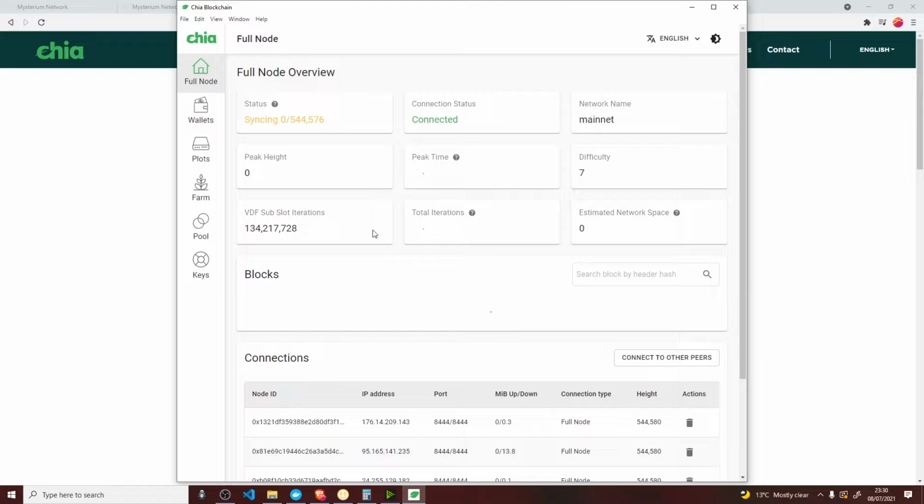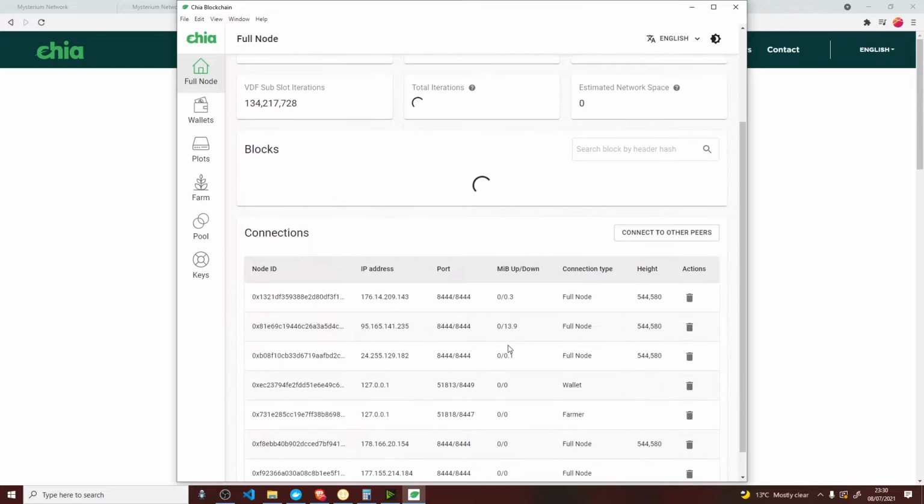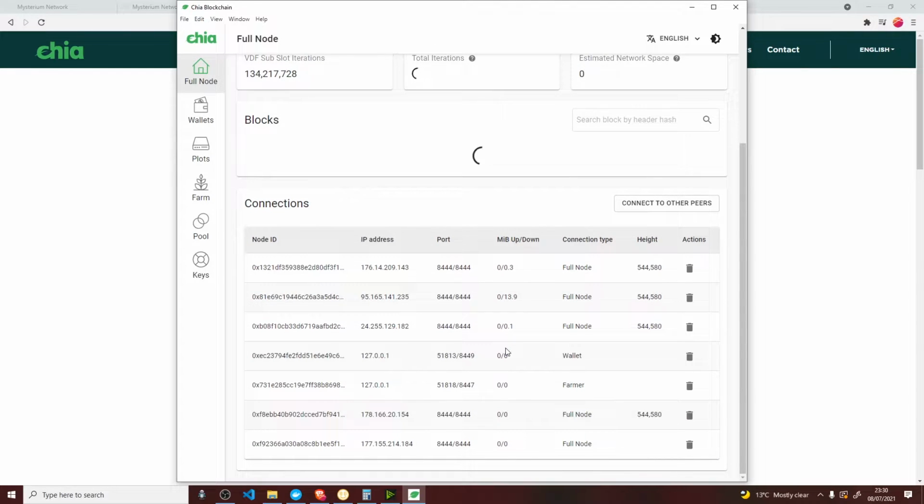And the first thing it's going to do is it's going to have to start syncing with the blockchain. And that's what it's doing there, syncing. And here it is here, connecting to the nodes so that it can start syncing.